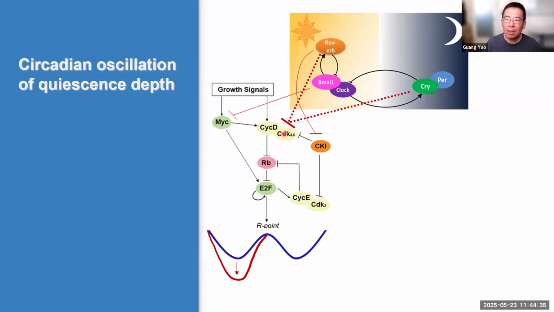The reason we think cyclin D CDK4/6 is important to regulating deeper quiescence, rather than its brother or sister, cyclin E, is, okay, now there's a little bit of hand waving. That's what we think. Although we have some modeling supporting data, we don't have experimental data to demonstrate it.